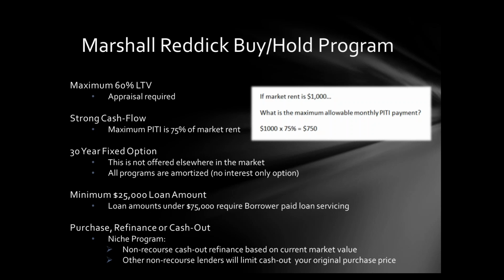That's a real niche program that we offer, where a lot of non-recourse lenders that are out there will not refinance the property based on the current market value, but rather the purchase price that you paid. Now, for those sophisticated investors out there who picked up property, let's say in Vegas or in Phoenix, or in one of those boom or bust markets after the crash happened. I mean, I got folks that bought property in Phoenix for literally like $85,000, $90,000, right, that are worth $300,000 today, 10 years